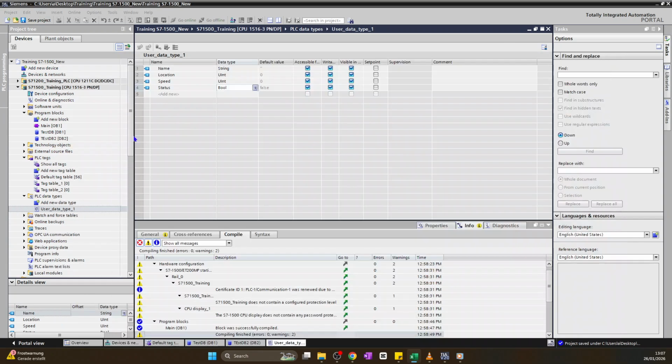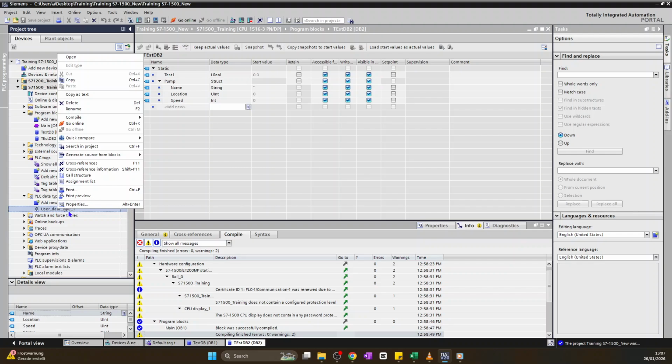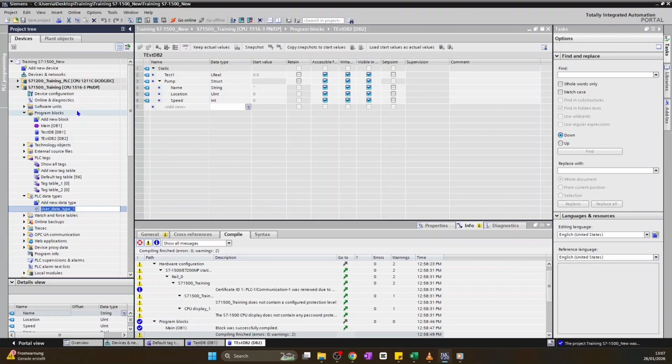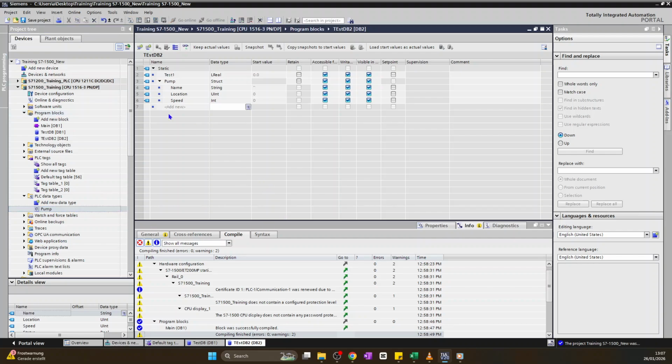So we say word, error status. We can use word for that. Yes. So we save this and we close it. Now we can rename our data type. Rename to be pump. So we've created a UDT of pump, which means instead of creating a structure directly here,